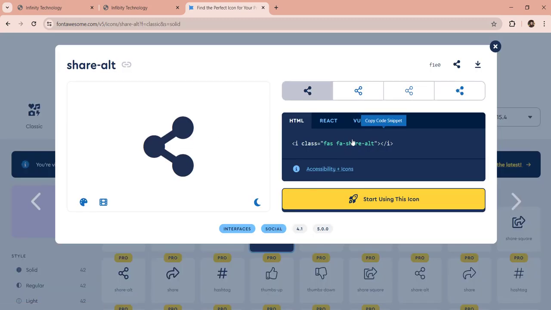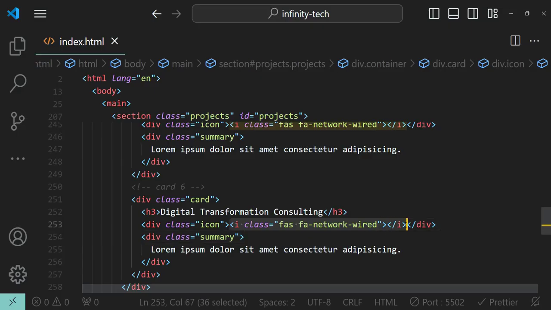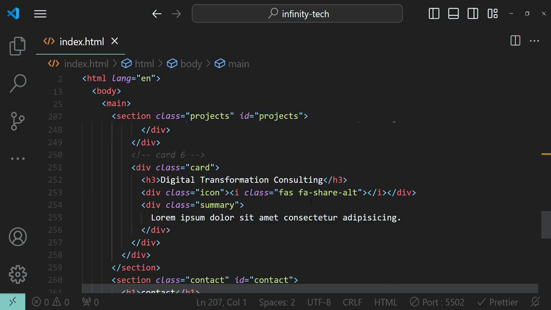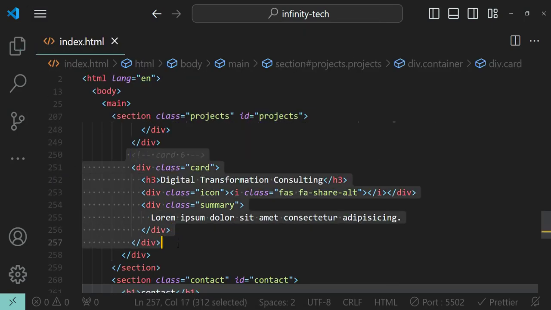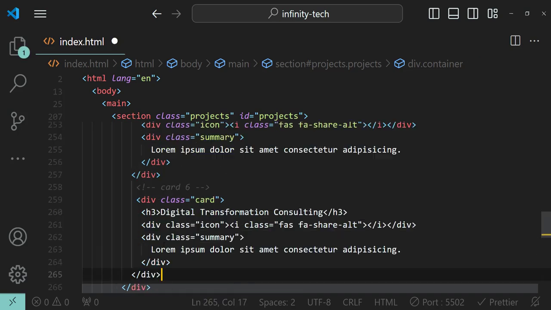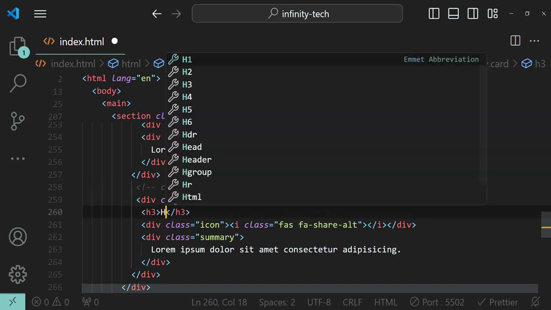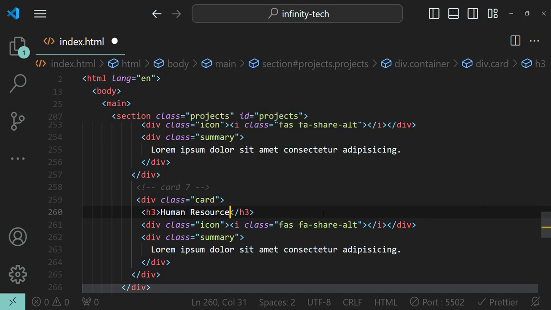Copy, so click and copy, paste it over here, copy, paste, card 7, human resource management system,